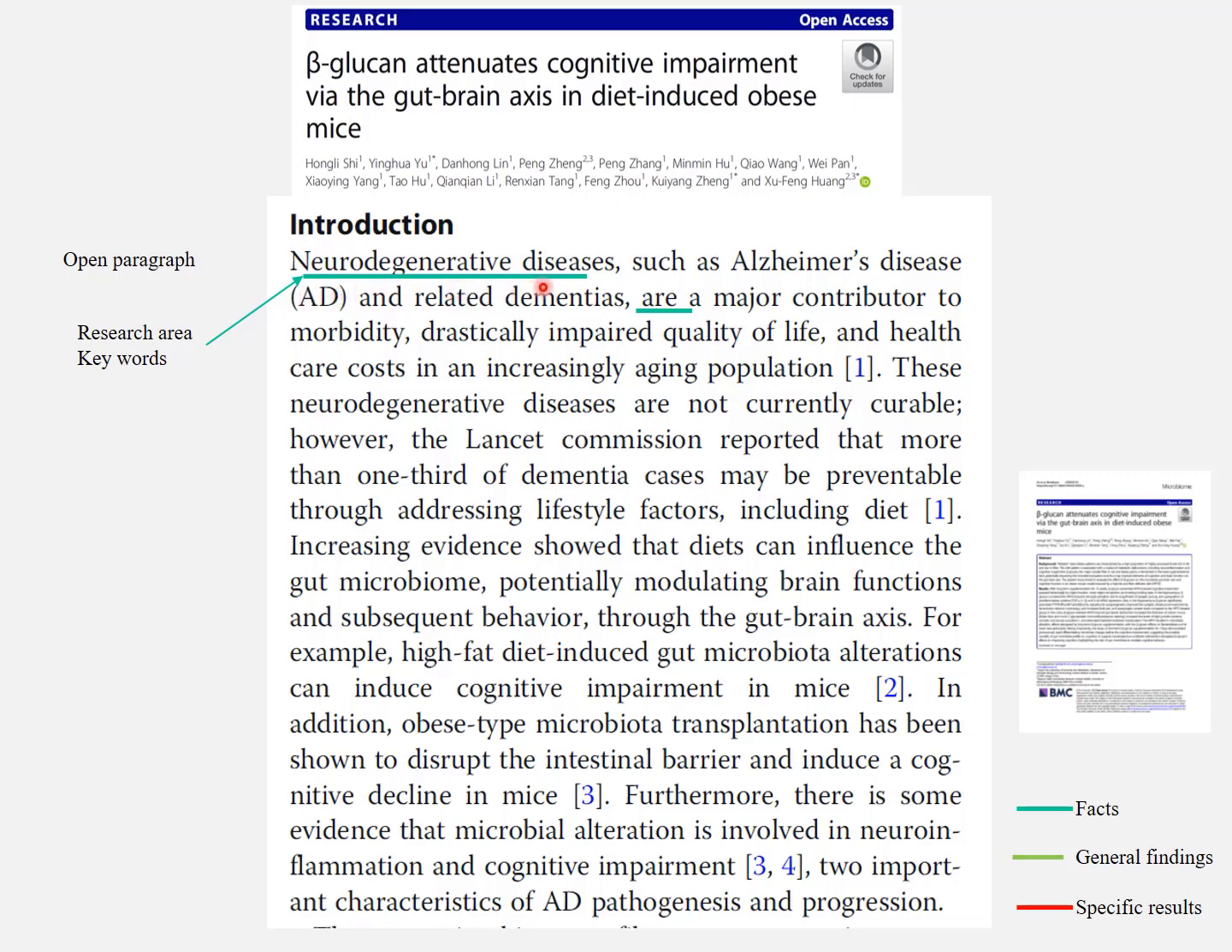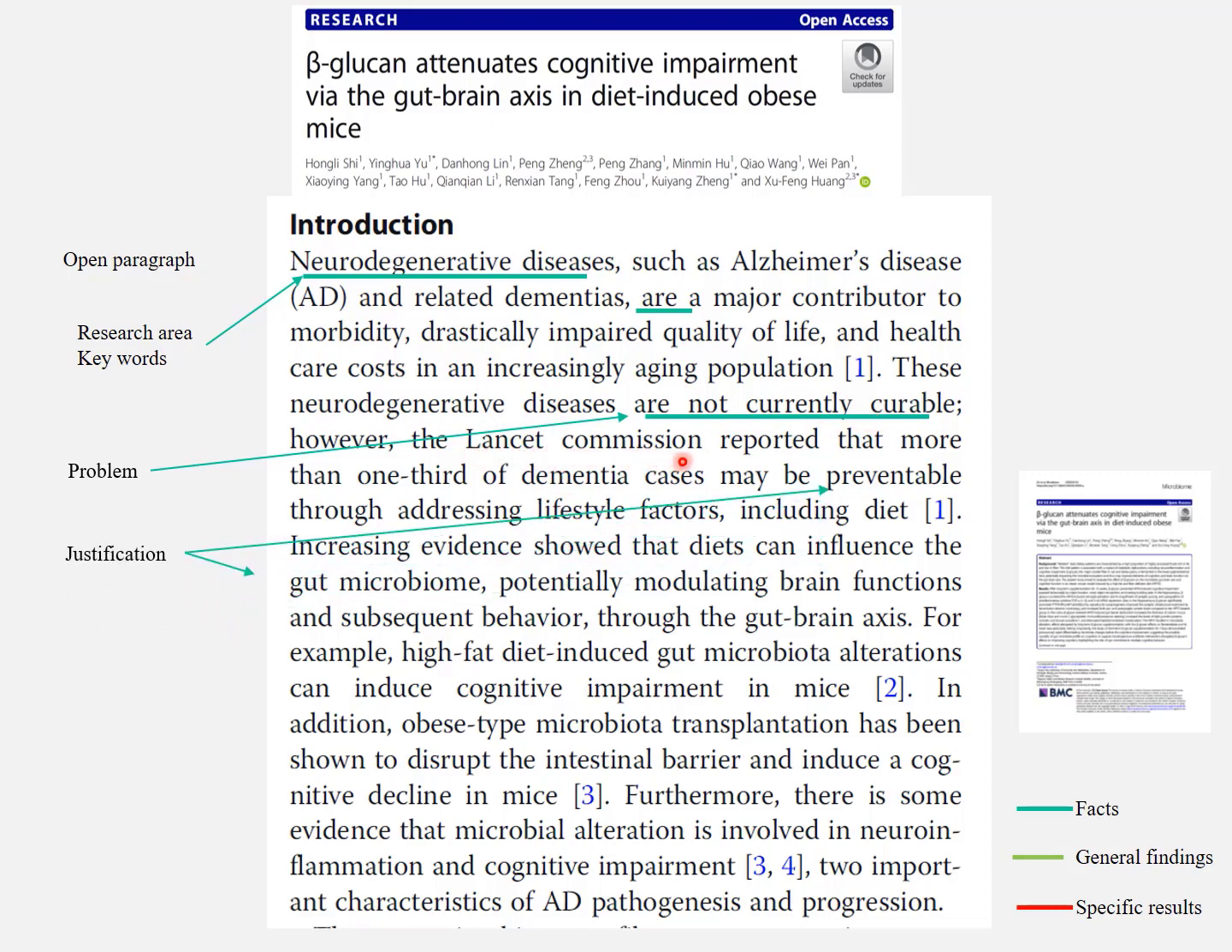It's a neurodegenerative disease, a major contribution to morbidity, etc. So this is a broad area. Then you gradually start to narrow it down. Say, what is the problem? These neurodegenerative diseases are not currently curable. You say, however,